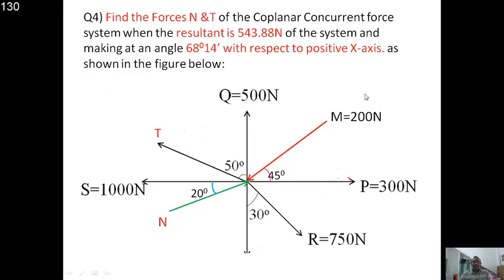Now I am making the same problem into something more typical. Now in this problem we are framing two unknowns, where T and N are not known, that means unknowns. But what is known? Remaining all forces we know, and the resultant is also known, and theta is also known, right?